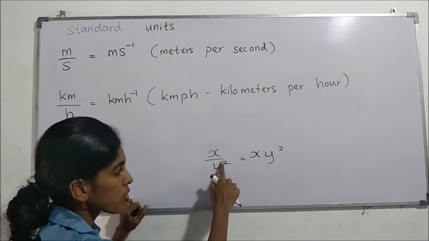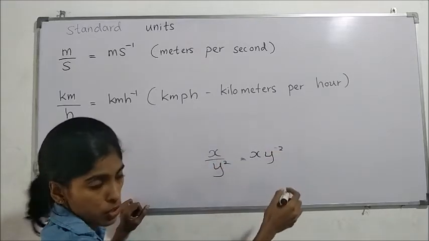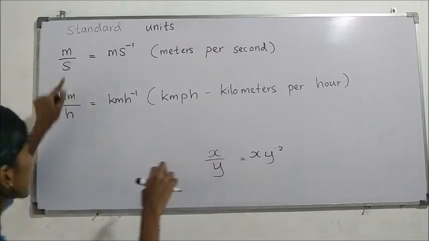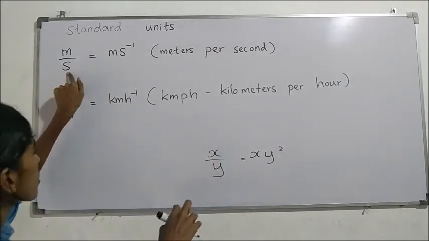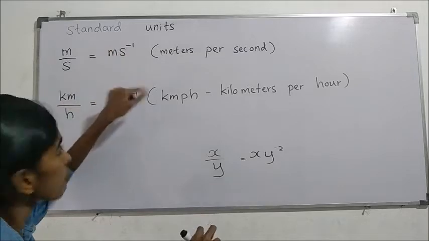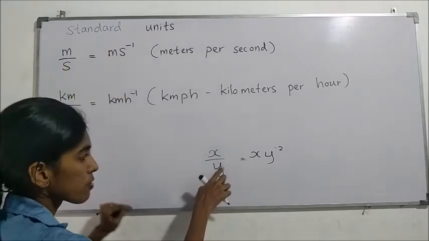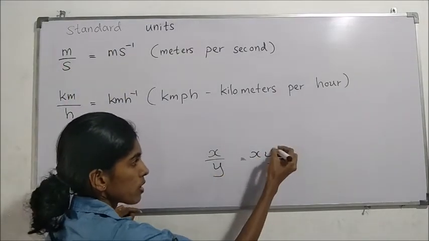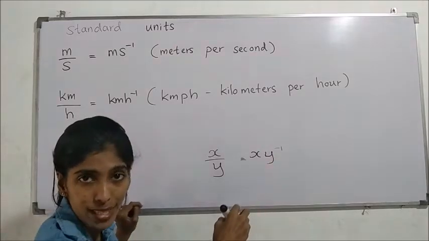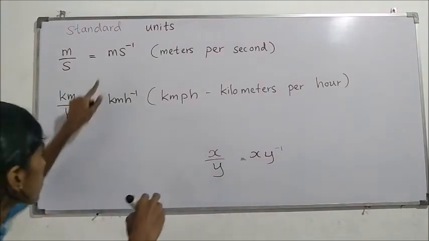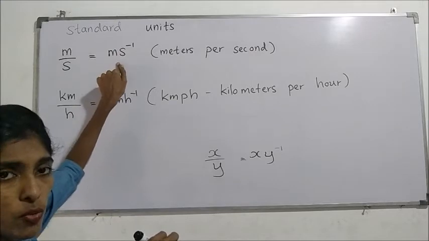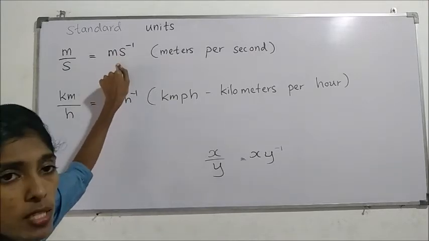If it is +1, it becomes negative. In the same way, here seconds are there, no? So when we mention it up, we need to put a -1. If it is a single one, it becomes y to the power -1. So here also ms^-1. In this way we can write the units of speed.